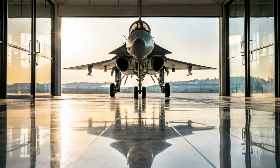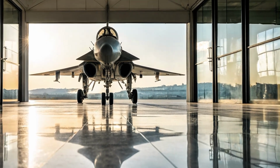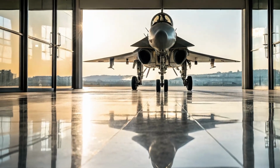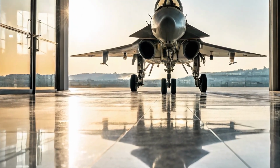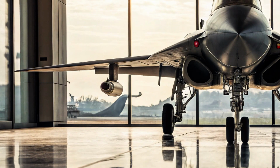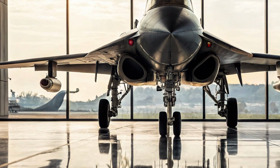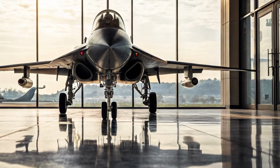In 2022, Pakistan officially inducted the J-10C into its air force, branding it the Dragon from the East. For Pakistan, this acquisition wasn't just about buying a new jet, it was about countering India's growing air power, particularly the Rafale jets acquired from France. With the PL-15 missile, the J-10C gives Pakistan a significant edge in long-range engagements, potentially altering the balance of air